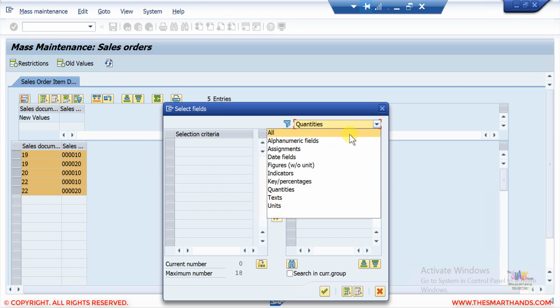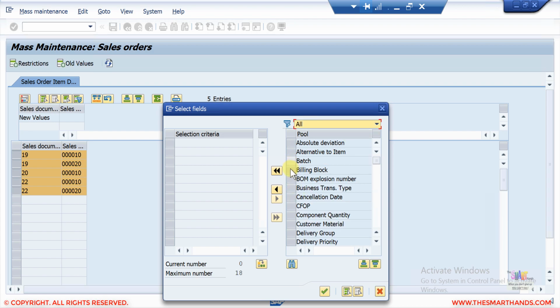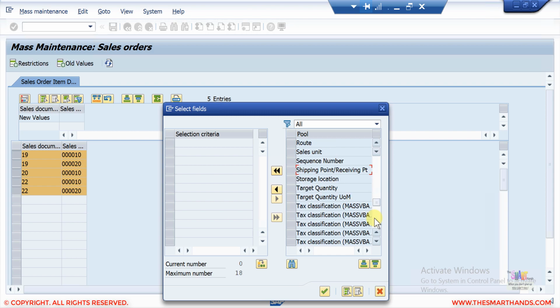In this case, I'll just go to all. I want to change the billing block, and also select something else, say sales unit.